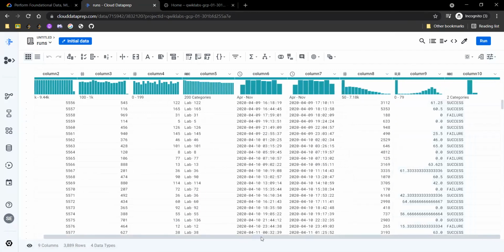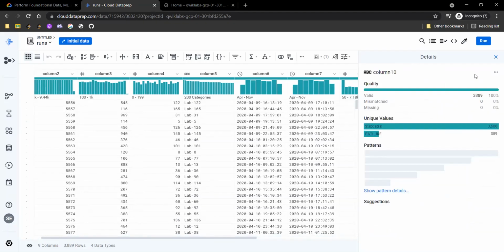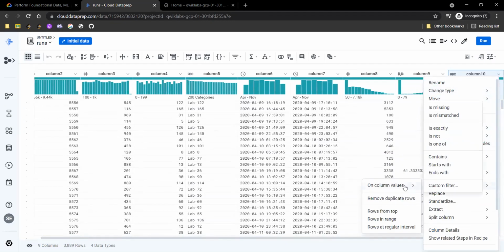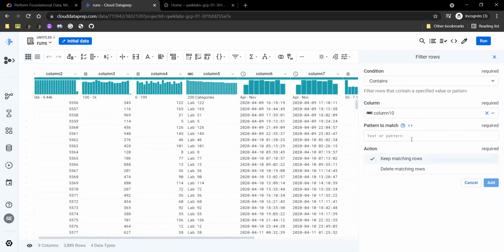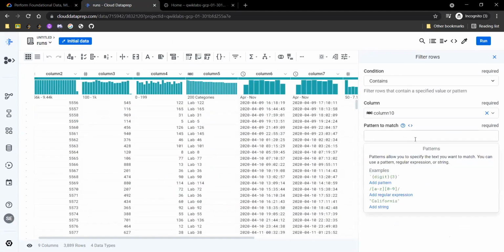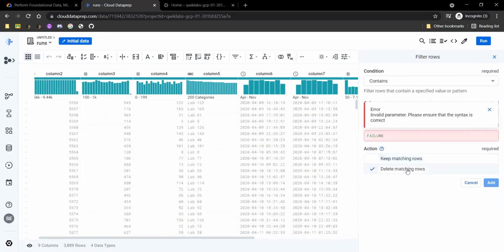So let's see what is the column with success and failure. Yeah, this is the column with success and failure. Now simply click on column 10, this icon, and go to filter rows on column values and click on contains. Just a second.